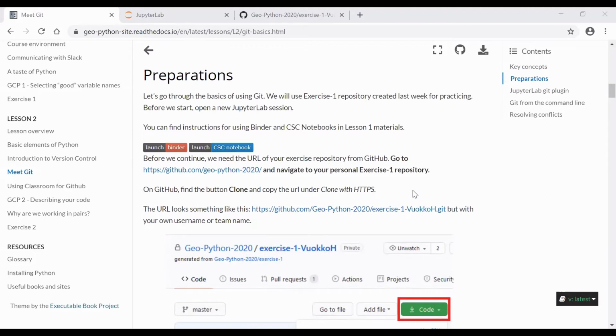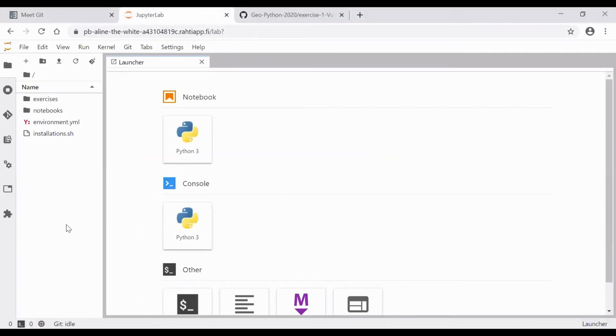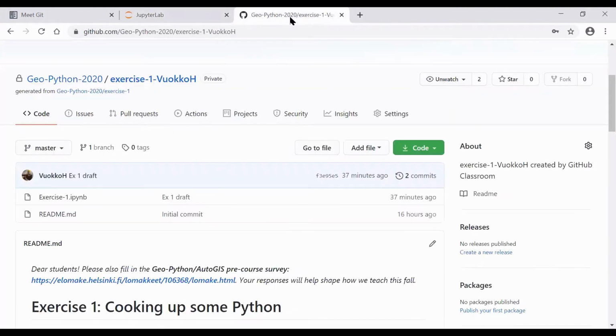And for that, if you want to follow along, you'll need two things. So CSC notebooks, Jupyter Lab, and then your exercise 1 GitHub repository. So you might have it already open, but if you don't have something like this open, so the Jupyter Lab instance from CSC notebooks, and we will start using this Git plugin that you can find from the left-hand side. And then the second thing you need to have is your personal exercise 1 repository